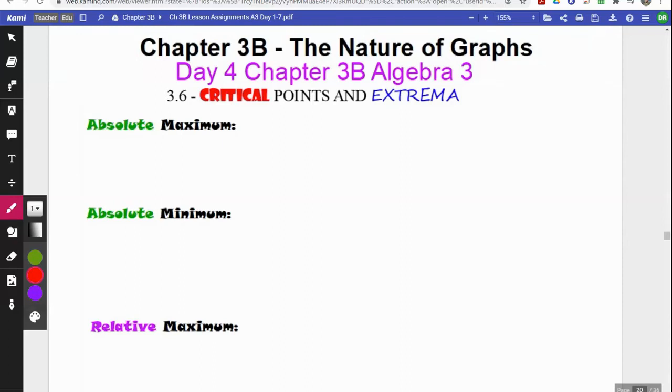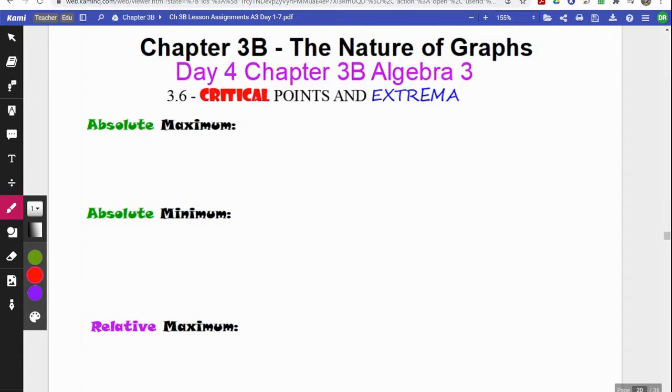Hello, this is a lesson on day 4 in Unit 4, which is Chapter 3B. And it's on critical points and extrema, or really just extrema and increasing, decreasing intervals. So it's talking about maximums and minimums, either an absolute, meaning the highest point in a graph, or the lowest